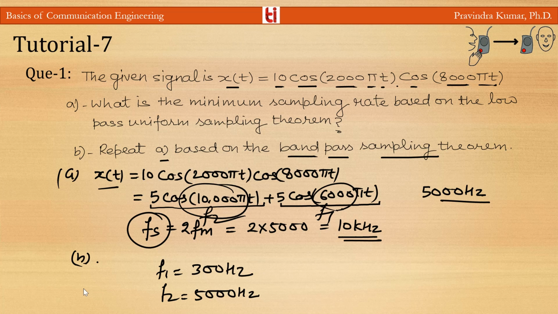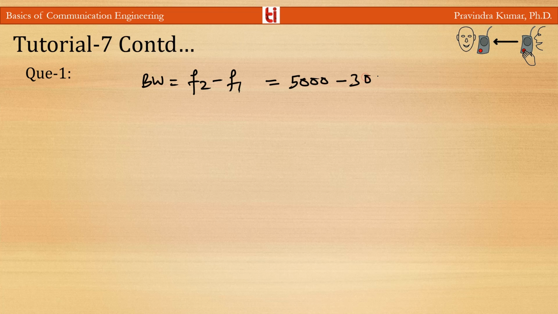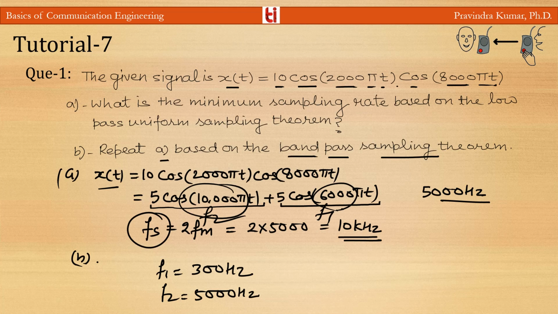So the bandwidth of the signal will be f2 minus f1, equal to 5000 minus 3000, so it will be 2000 Hz, because here f1 is 3000 and f2 is